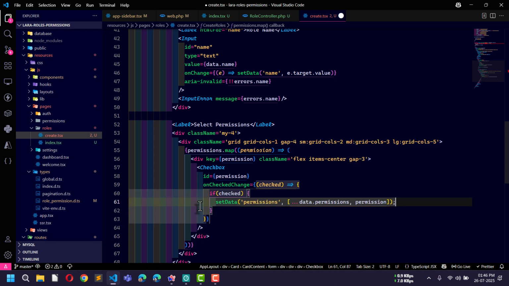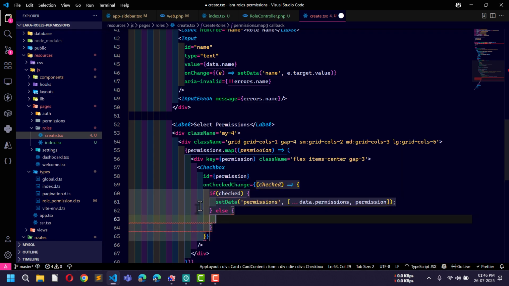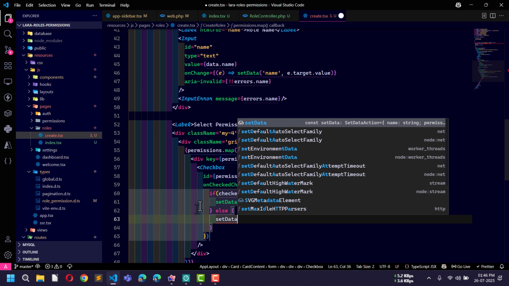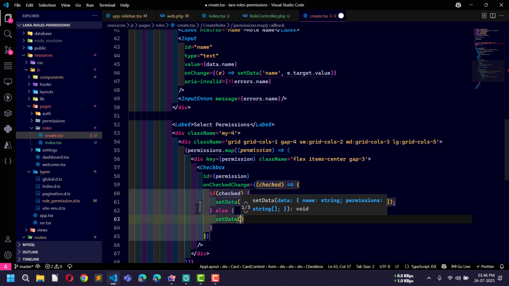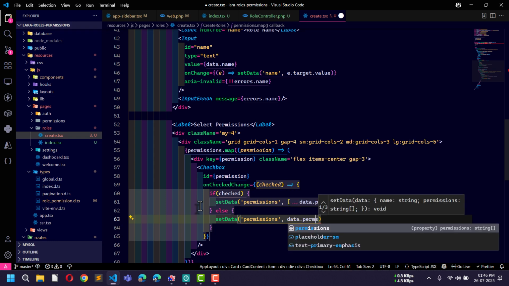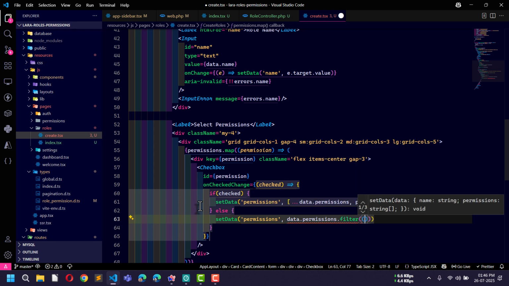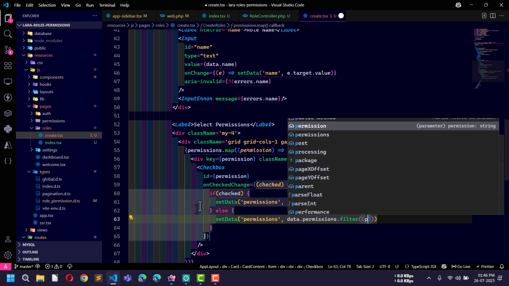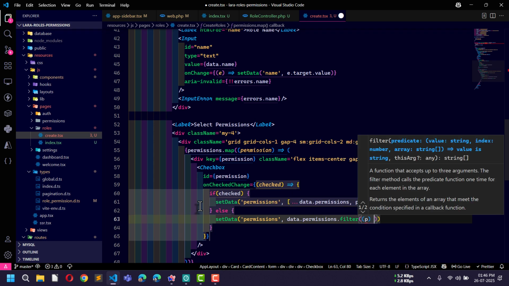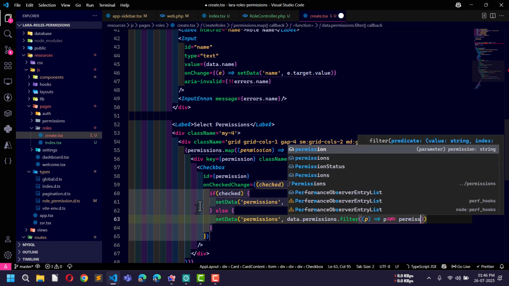Okay, now in case of uncheck we'll use else, and then we'll use setData, and here we will use permissions, and then data.permissions.filter p, and then p is not equal to permission. Okay,